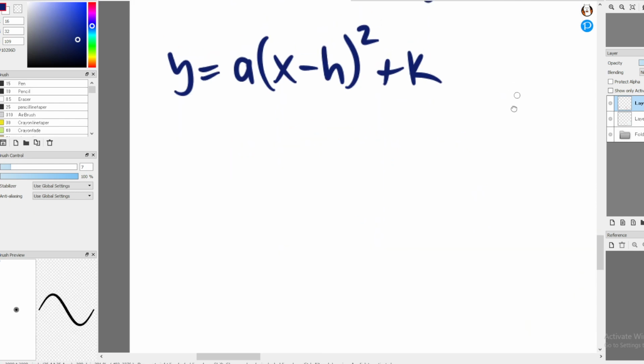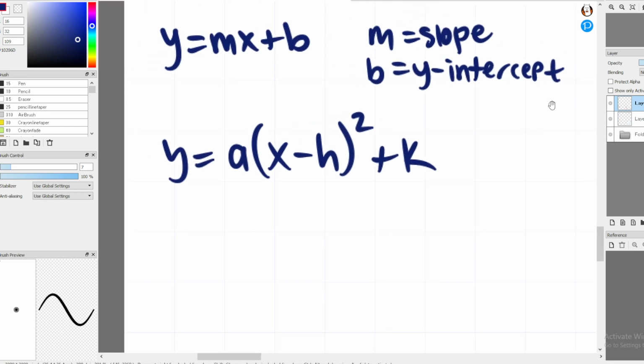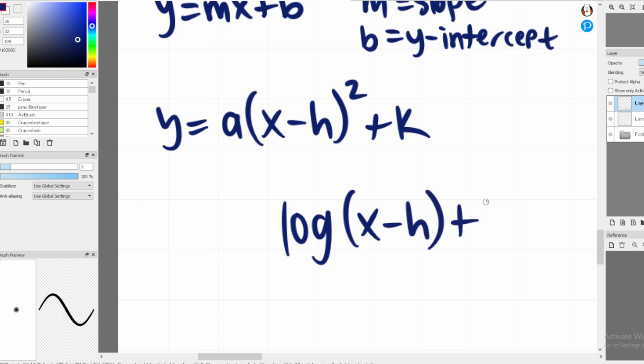So having that in mind, a lot of the transformations in this class follow the same pattern: if you have something with implied or direct explicit parentheses and it's by the x, that's what's affecting the side-to-side movement, and it's opposite. But all of the functions typically follow the same kind of idea, whether it be logarithmic, exponential,